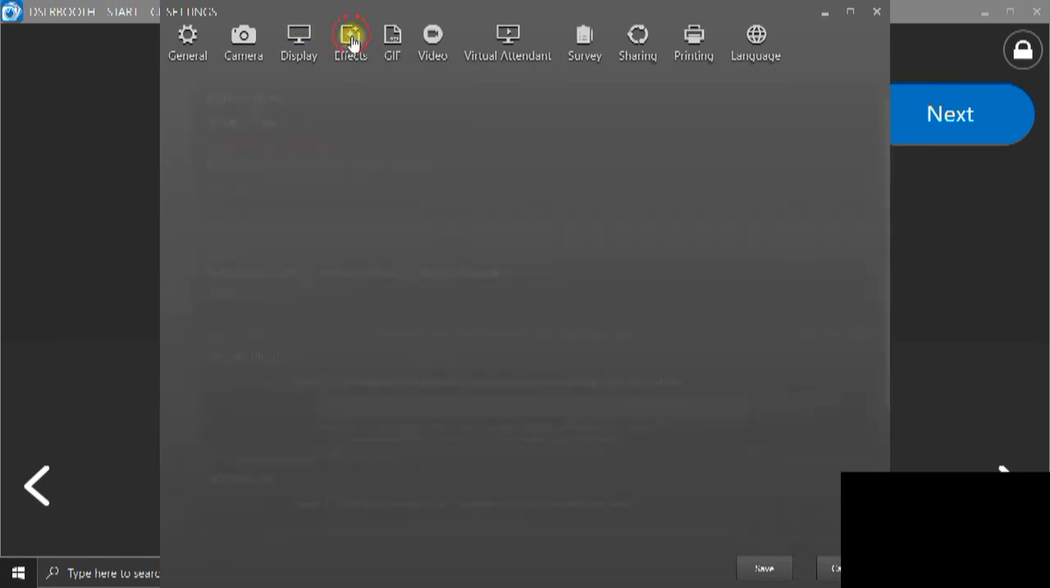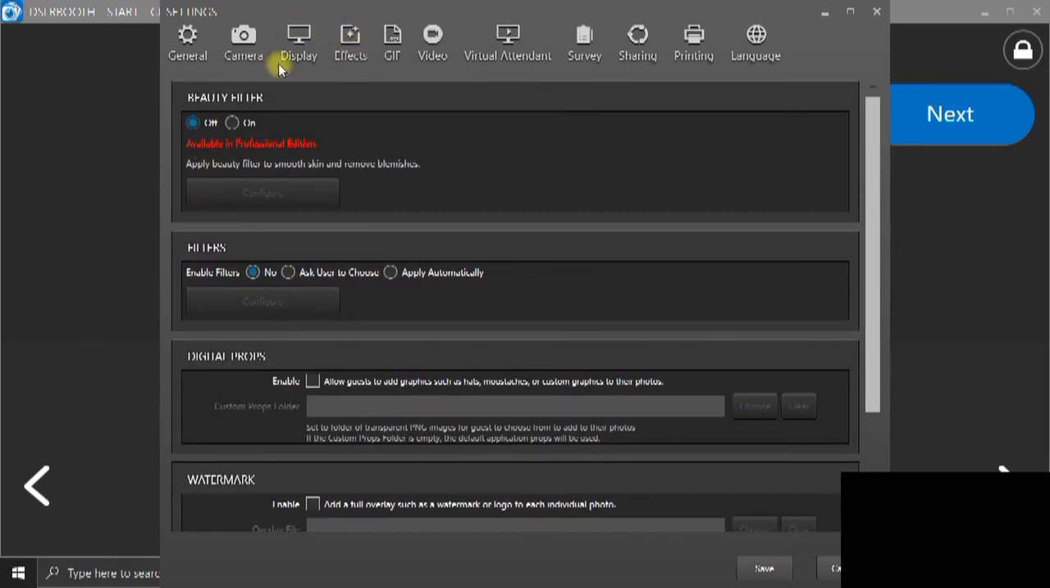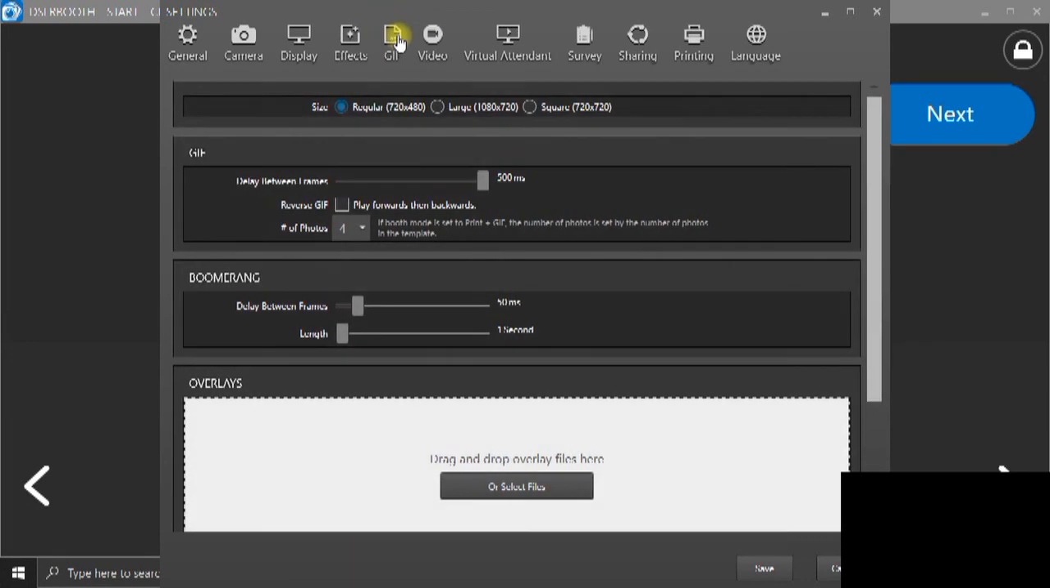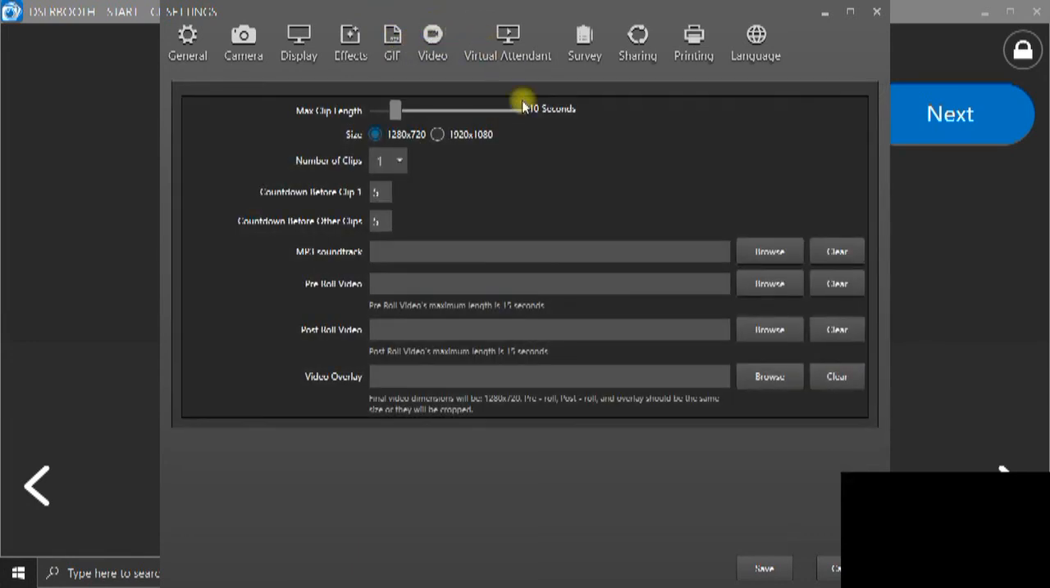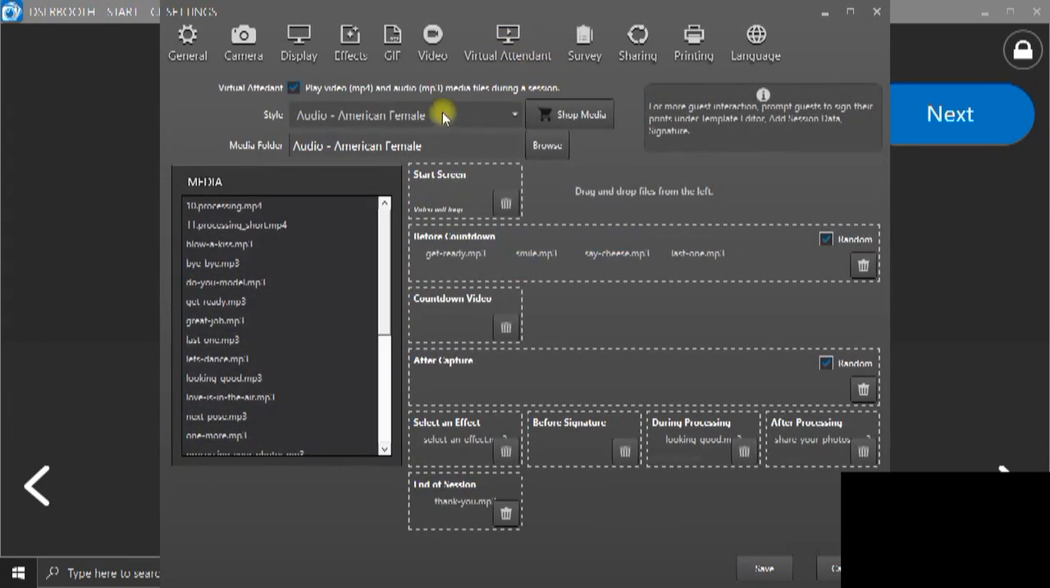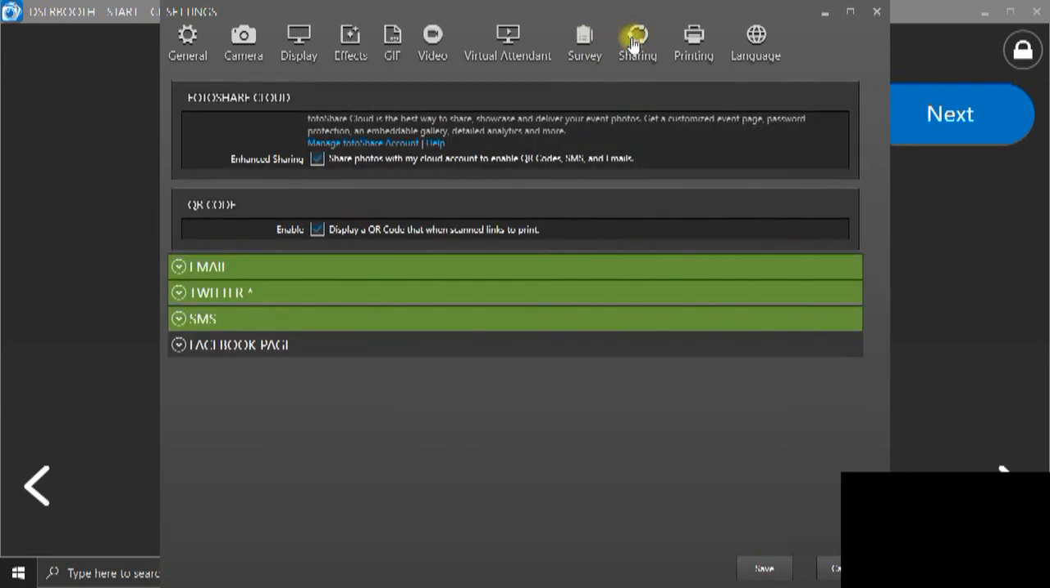For the effects, let's turn this off. For the GIF, we won't be using GIF this time. For the video, we won't be using this one too. For the visual assistant, you can actually explore more of this, but for now, let's not explore this yet. Survey and for sharing, I wouldn't enable this first